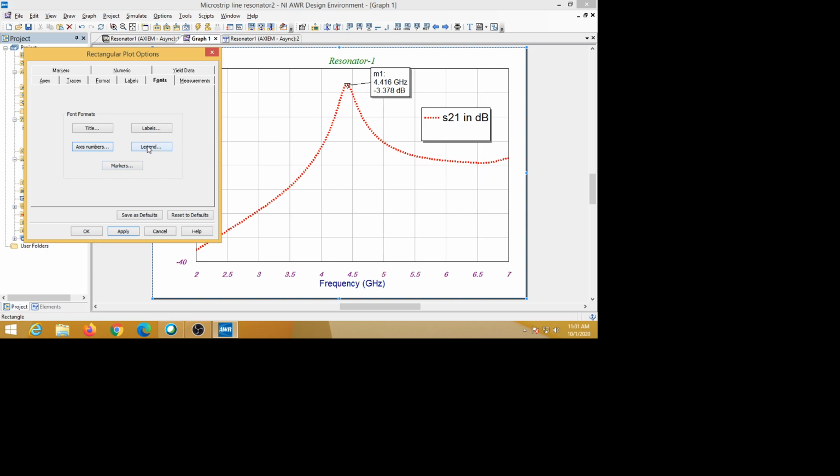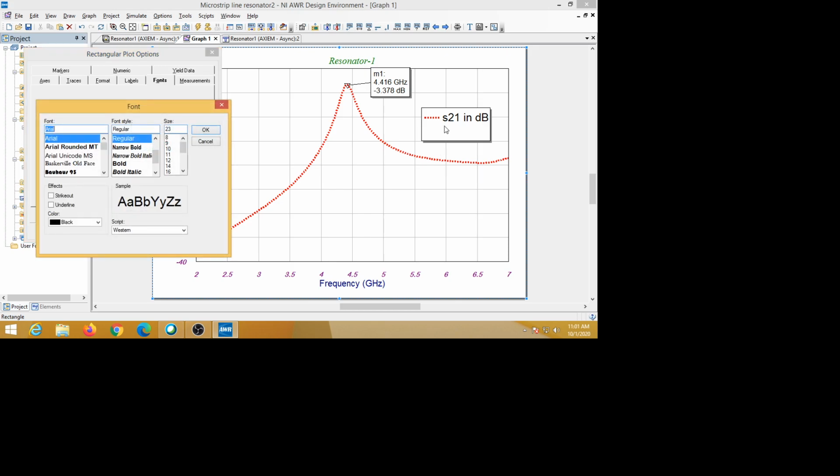Similarly, the legend also. Legend color. Legend means the content of this box. Okay, that legend means this trace is for S21 of this resonator one. Sometimes we may have more than one plot like this, because sometimes this may consist of 3 or 4 traces.